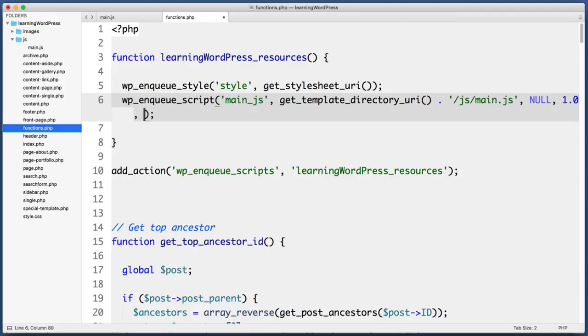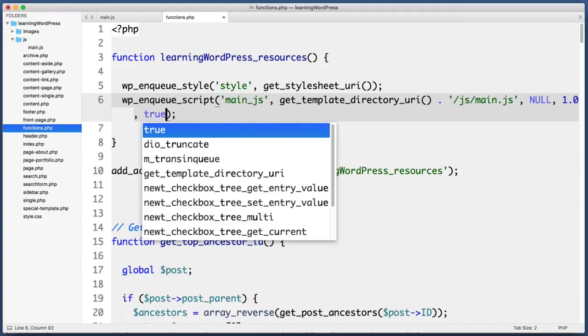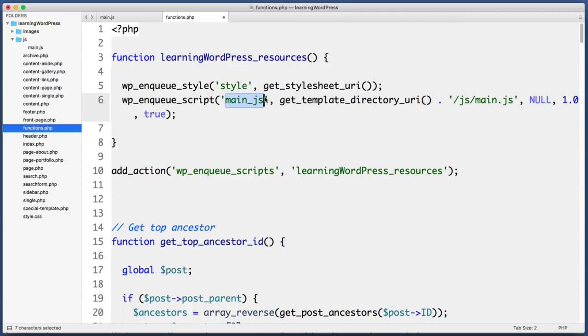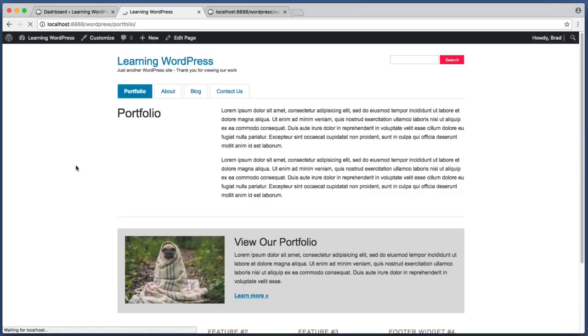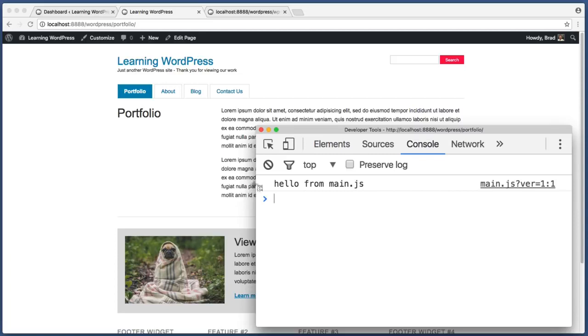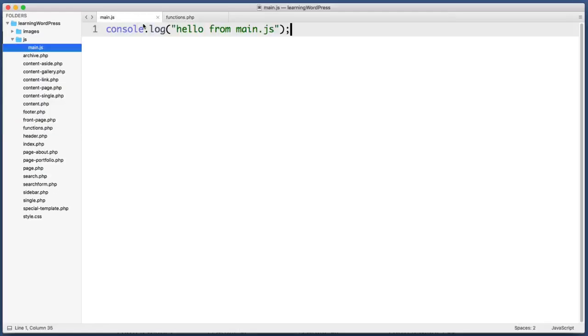And then the final argument is whether you want this JavaScript file to load in the header or the footer of your website. If you say true, your file will load right before the closing body tag, which is usually what you want. If for some reason you did want to load your JavaScript in the header, just change this to false. All right, so let's save this and refresh the page. And if I check the console, we know that we successfully included the JavaScript file because we see this hello message. So now we can go back to our JavaScript file, delete this test code, and actually write the real